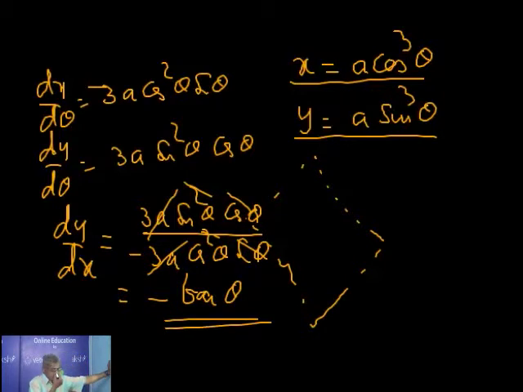Now, once you convert the equation in terms of parametric equations, this x and y satisfy the given equation. That's why they are called the parametric equations. And you must know the limit for theta also. We know the limit for x; we want the limit for theta. Now, from the curve which I have drawn, a symmetrical curve,